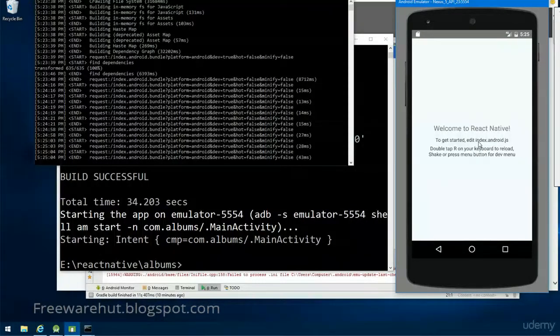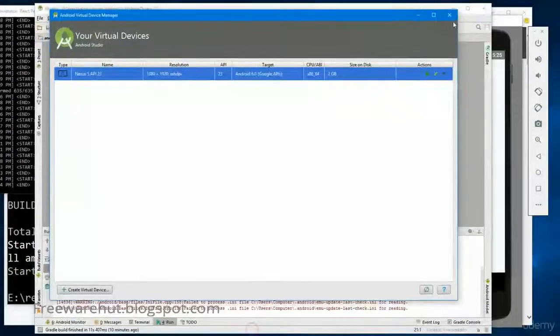Okay, so that's it. We got our Android emulator up and working. The last thing that I want to mention to you is, hey, we went through all this process just to get here. What happens when I close everything? How do I get everything started back up? So once you close everything, let's say you shut down your computer for the night or whatever it might be, you can get started again by opening up